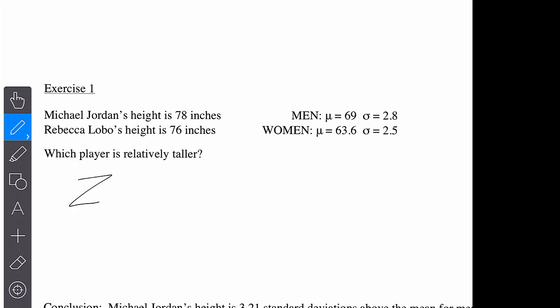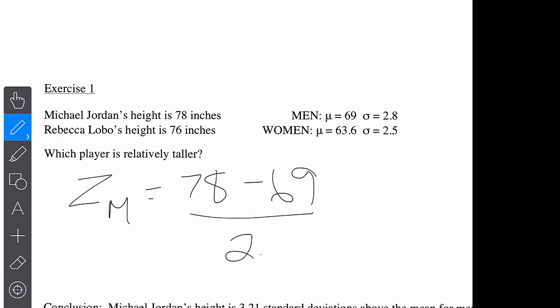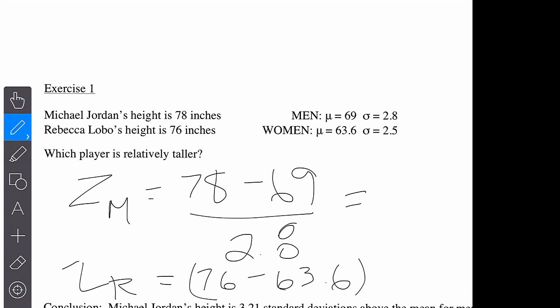So the Z for Michael Jordan is equal to 78 minus 69 divided by 2.8. Okay, make a calculation of that. And then similarly calculate the Z for Rebecca Lobo, and she is 76 minus 63.6 divided by 2.5. Okay, when you make those calculations,